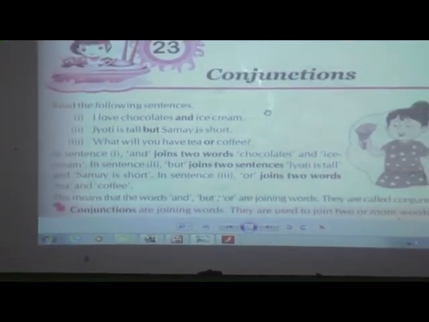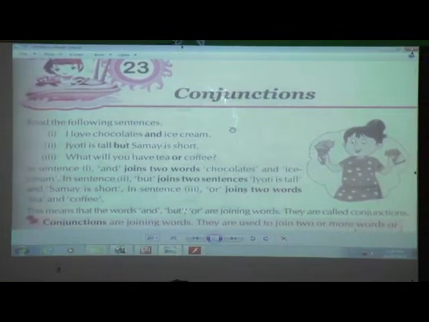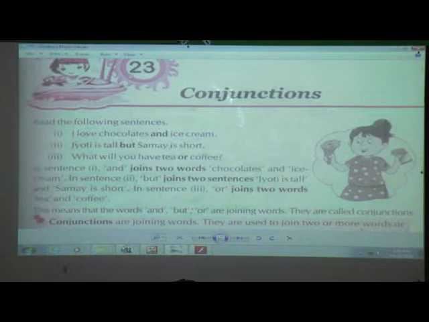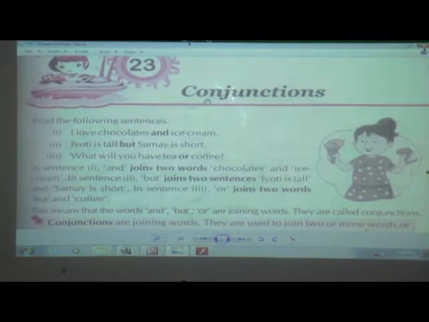Myself Priscilla Asade. Today I am going to teach you English grammar of grade 4. Students, do you remember what we have learned in the last session of grammar? Yes, we have started with our lesson number 23, that is conjunction. We'll just have a recap of what we have learned. Okay? I'll give you time. Open your Fun with Grammar book. Yes, page number 77. So we have started with our lesson number 23, conjunction. Part 1 we have finished.